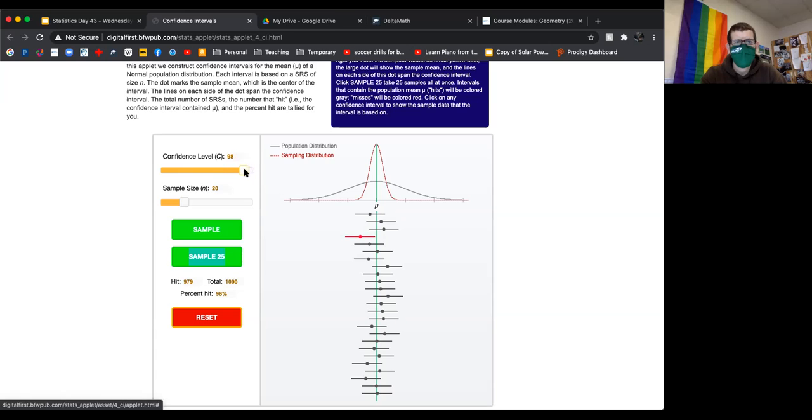If I have a 98% confidence level, the true population parameter isn't captured by that interval. But if I bump it up to 99, still doesn't quite capture it. If I bump it up to 99.5, or I'm sorry, 99 does. 98 doesn't, it's red. 99 just barely does. And that's important, and maybe just intuitively, visually here, it can make sense that if we have a wider net